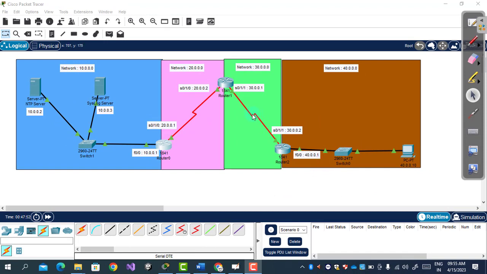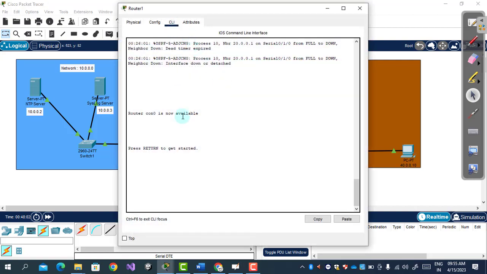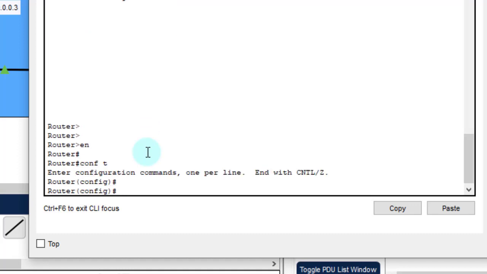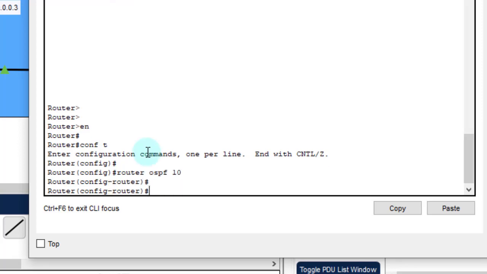Now the same command we will execute on the second router to enable the MD5 authentication. Go to the router CLI mode, then enable, conf t, then again router OSPF with the network 10. Now again we enable the authentication on this router.